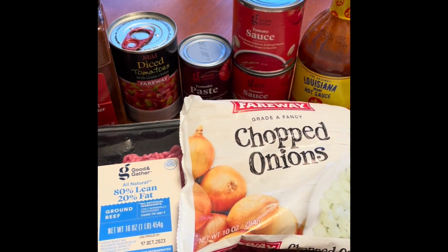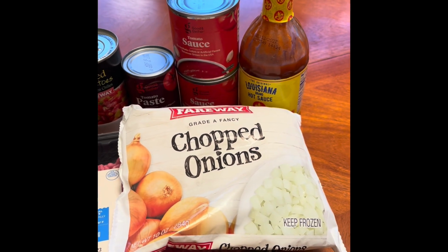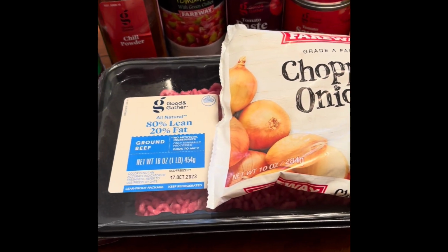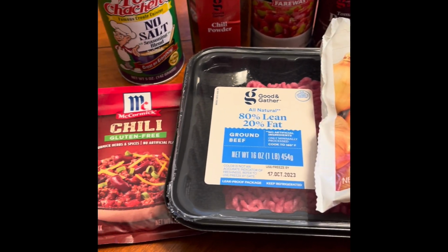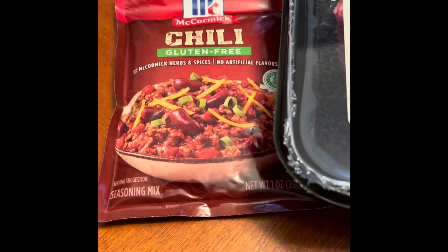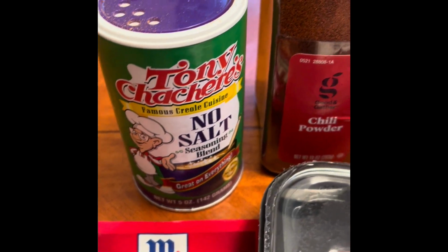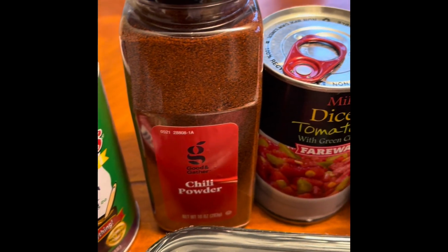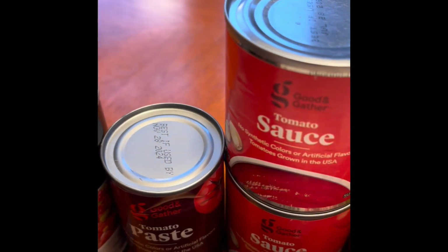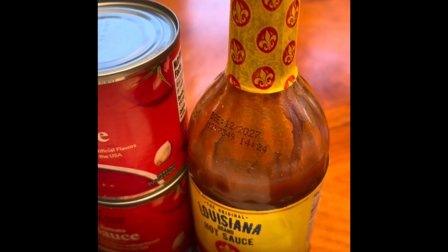Here are my ingredients: 10 ounces of chopped onions. I got 1.5 pounds of ground beef. I've got 1 ounce of gluten-free chili seasoning, like a packet. It's McCormick. You can find it in whatever store you use. I got some no salt Tony's. I've got some chili powder. I got 10 ounces of diced tomatoes, 5 ounces of tomato sauce and tomato paste, and then some Louisiana hot